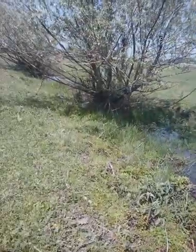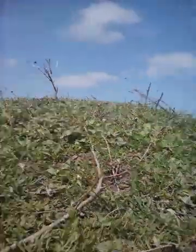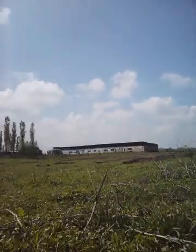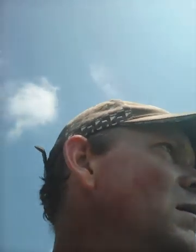So what I'll do when I'm tapping the spring is trench this out a little bit, let it all drain out, let it dry for a couple of days so that I can see clearly exactly where the spring is, and I'll build a little spring box with stones and a bit of cement, and run a couple of pipes off that. It's a little bit low, but I'm hoping there'll be enough pressure behind it to push it up the hill a bit. It's probably going to end up as about a 1 meter rise to get to the corner of the barn, and from there just gravity feed it down, drip irrigation into the